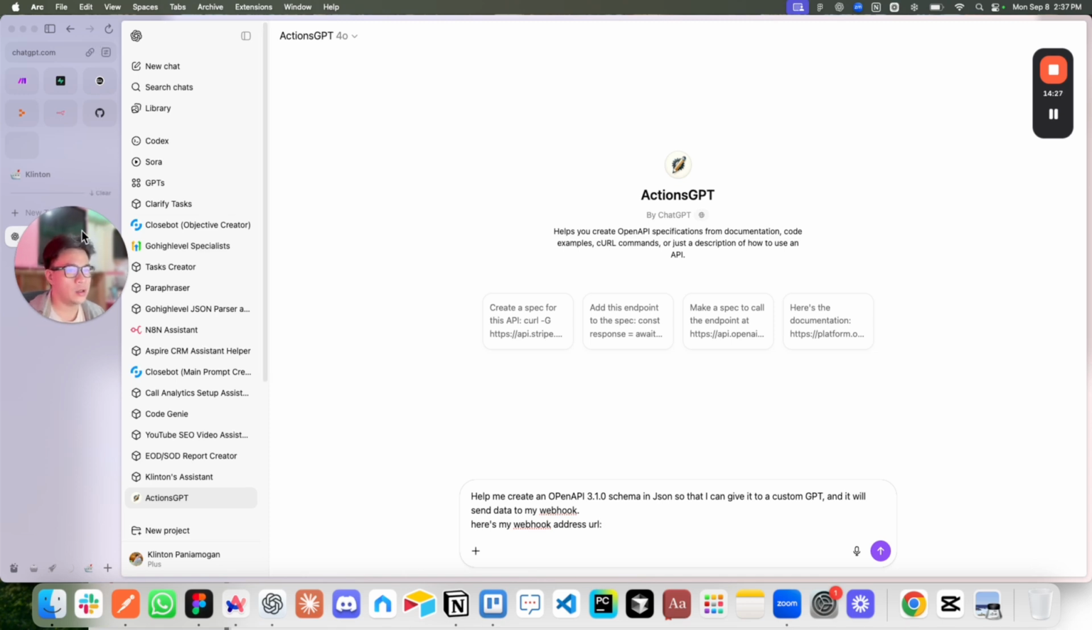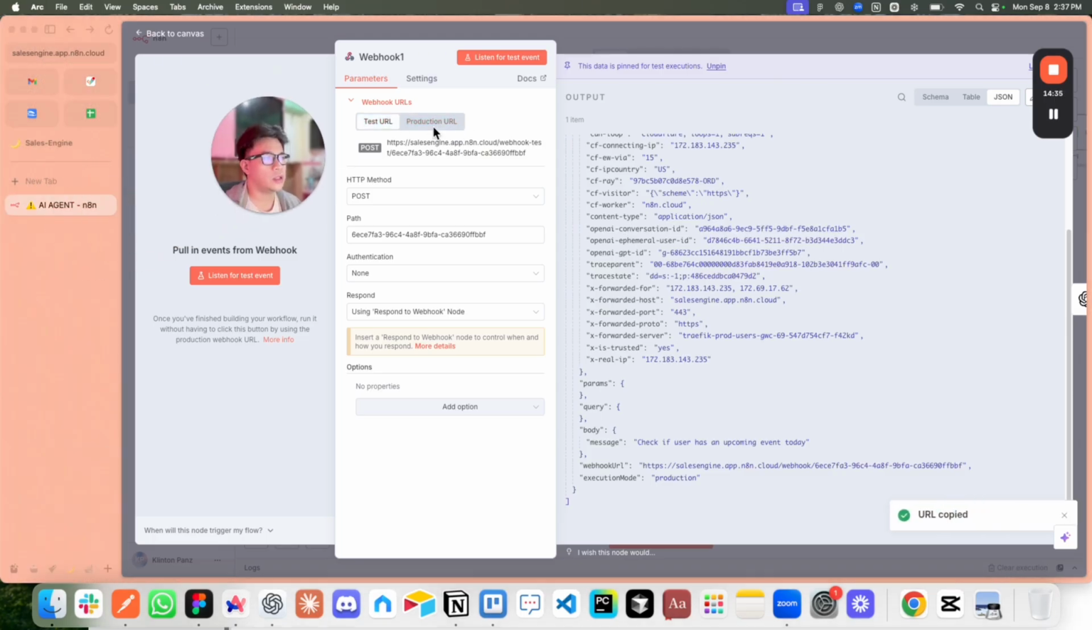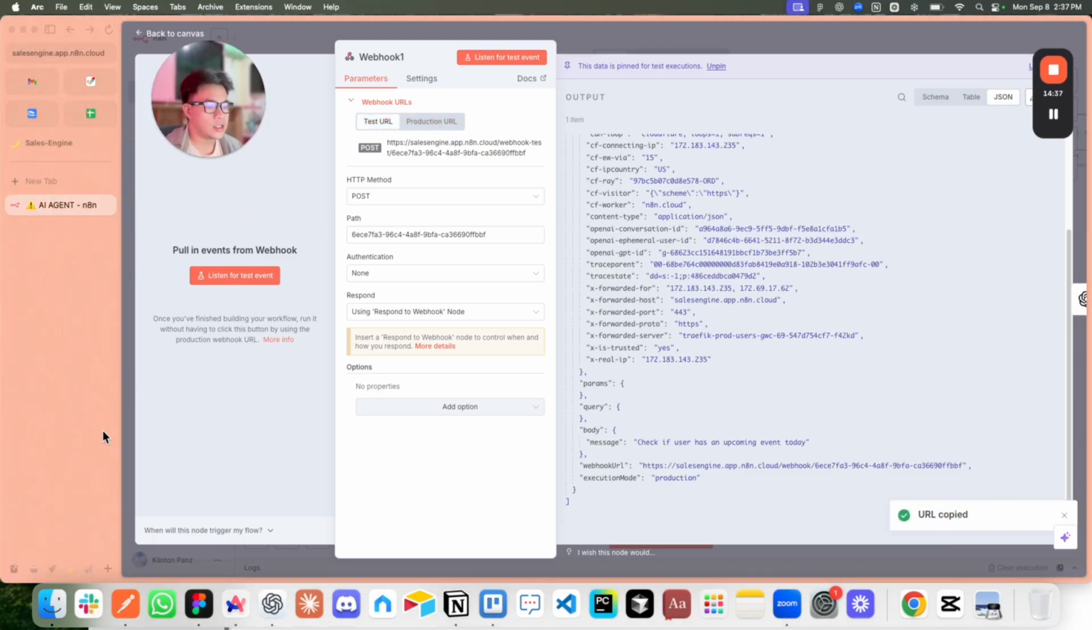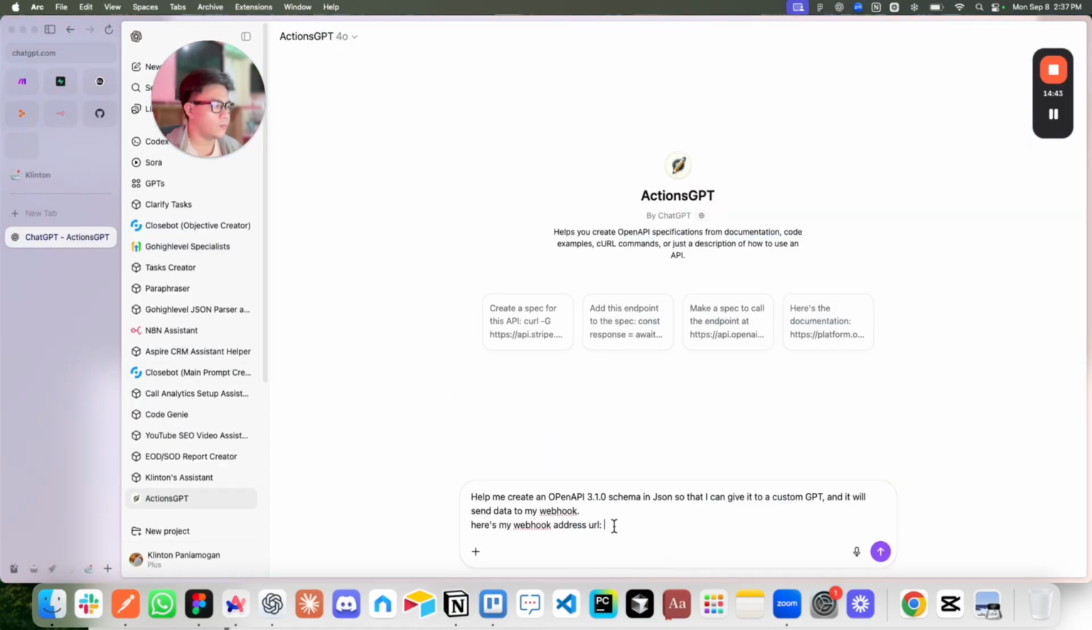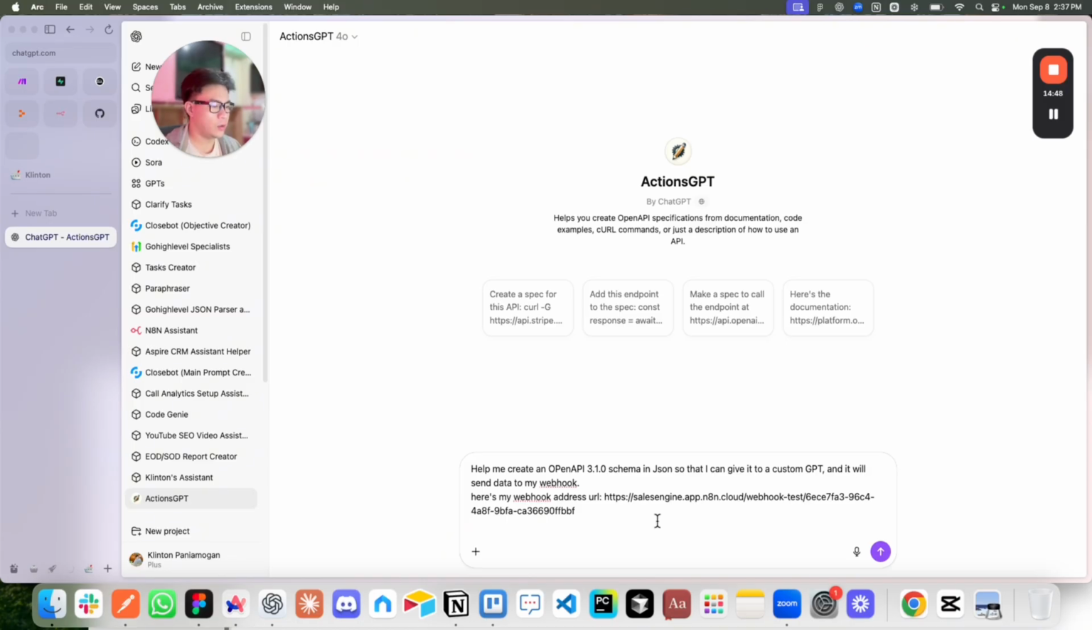And then from here, we're gonna go to our custom webhook over here. We're gonna copy this right here. This is basically the test webhook. We're gonna copy it, go back into our GPT, and paste it. Once we've pasted it, we're gonna say again,